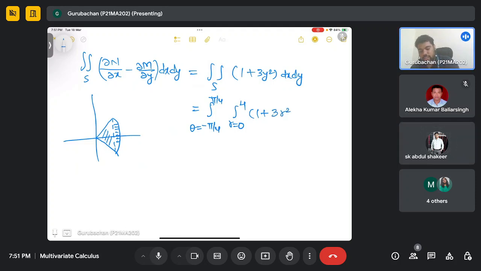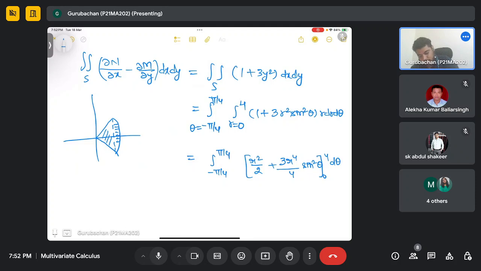This will be 3 r square sine square theta, and this will be r dr d theta, right? So this will be from minus pi by 4 to plus pi by 4, and this is r square by 2 plus 3 r to the power 4 by 4 sine square theta, from 0 to 4, d theta. So this will give you,